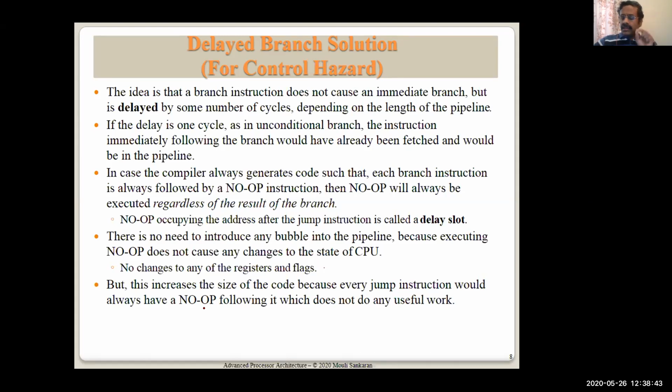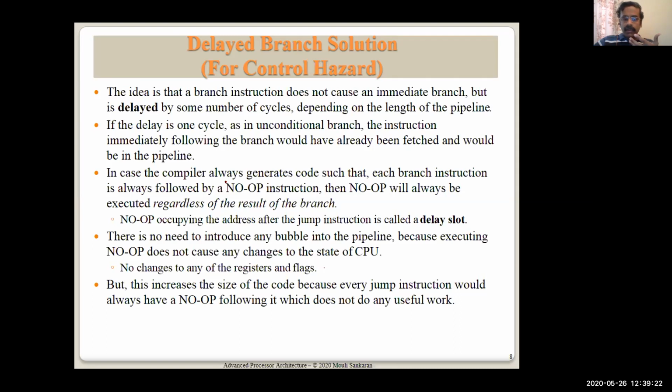It is an unwanted instruction which has been pushed into the code area, right? We really don't want a no op to be sitting there, but we don't want the hardware to flush the pipeline. So we thought, okay, let me put a no op instruction forcibly into the instruction sequence. Now what are we doing? We are increasing the size of the code by 32 bits, 4 bytes. Every jump instruction will have a no op next to it. That means effectively we are increasing the size of the code, which is again not a good solution,